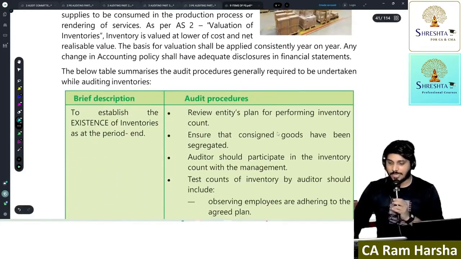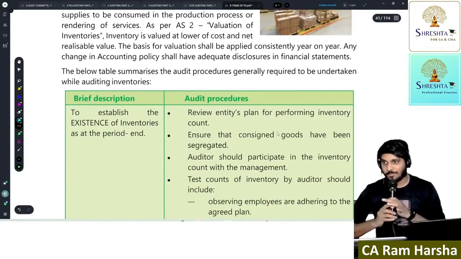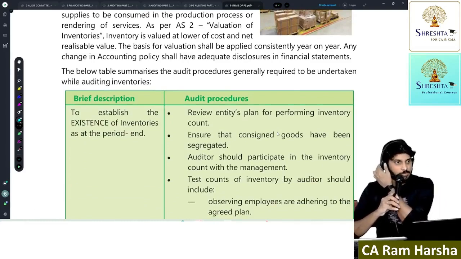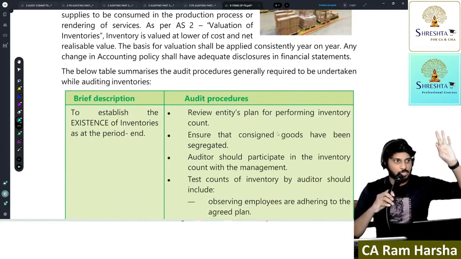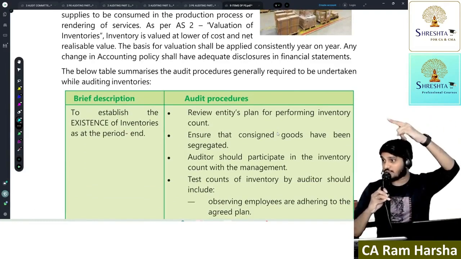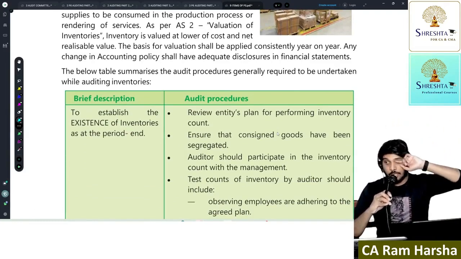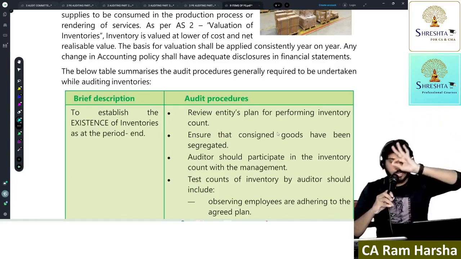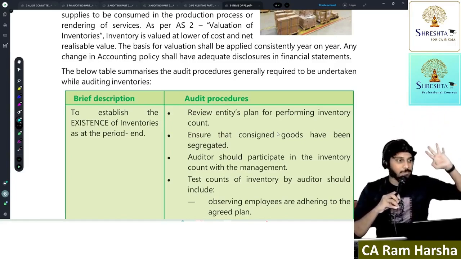Then inventory. Inventory is also an important aspect. Inventory, debtors are important compared to cash and cash equivalents. Inventory, debtors, borrowings. Borrowings, you see below, so many disclosures were there. Yes or no? So borrowings should be disclosed. The borrowings point is completely important. Debtors is important. Inventory is important. Understood?